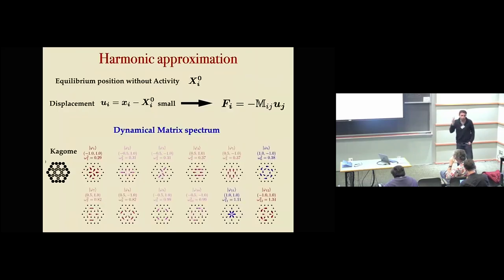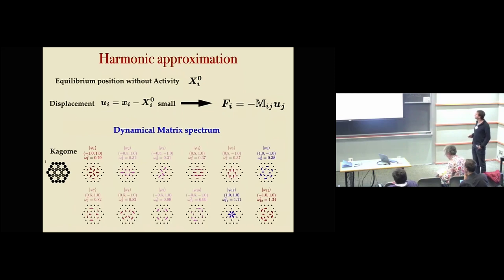So if we try to understand this kind of behavior a bit more, what we do is we take the harmonic approximation. We take the equilibrium position without activity, and we assume that displacements are small around this position. That allows us to write the force in terms of linear elasticity, where this is just the dynamical matrix that contains the information of the elastic modes of our system. These are just to name a few of the elastic modes of this